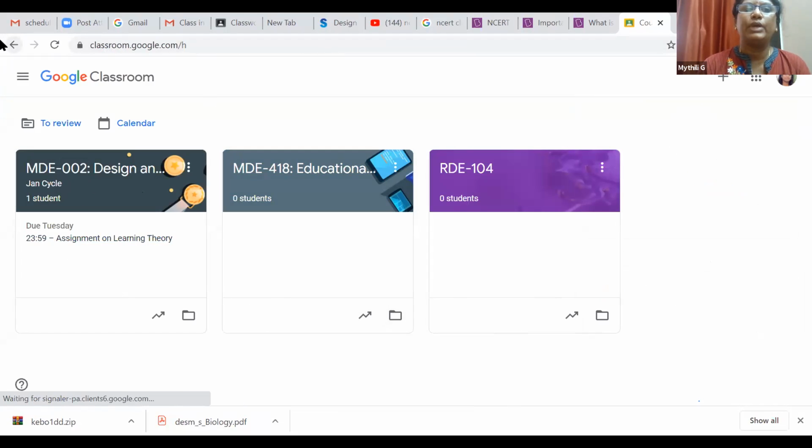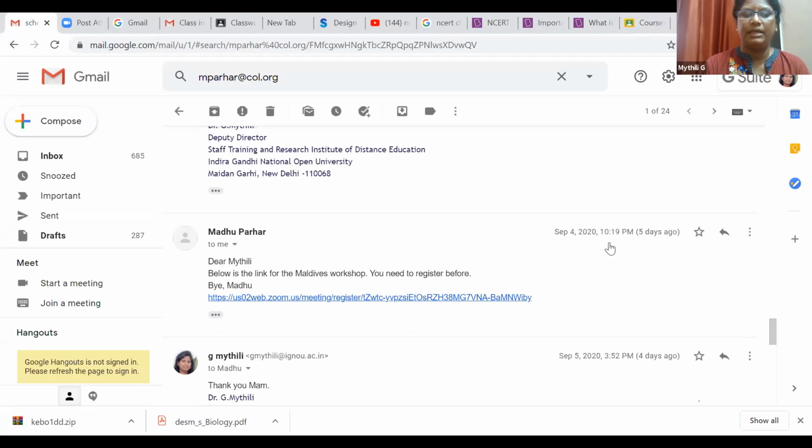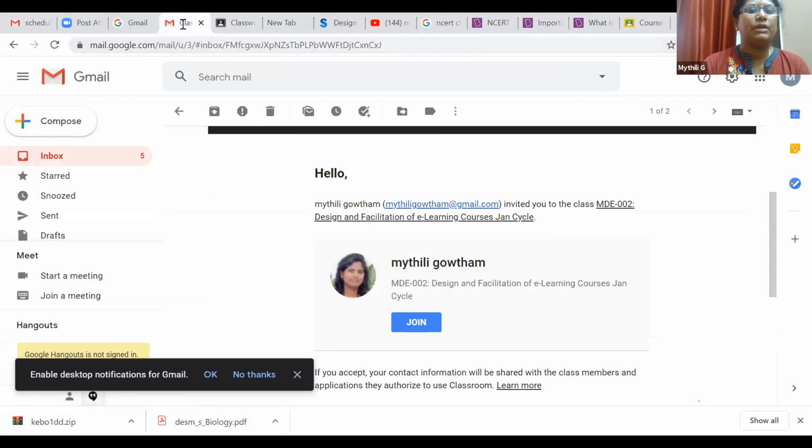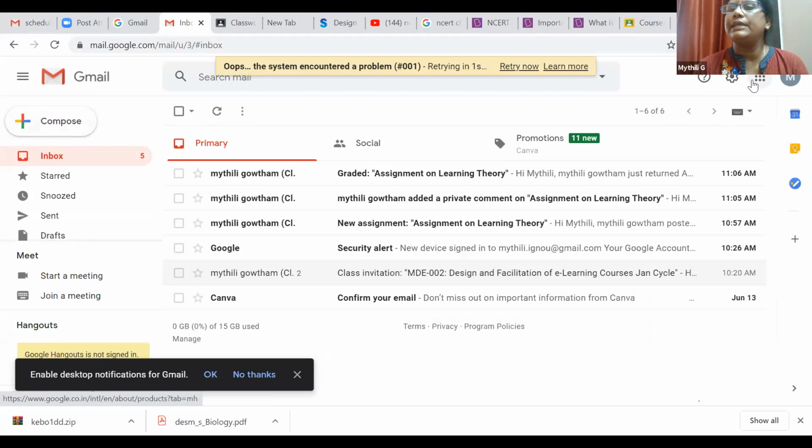One thing is you can go to classroom.google.com and sign in using the Gmail account. Otherwise, this is my mail ID. Another option is, this is my Gmail ID. Here you can see there is an apps icon.